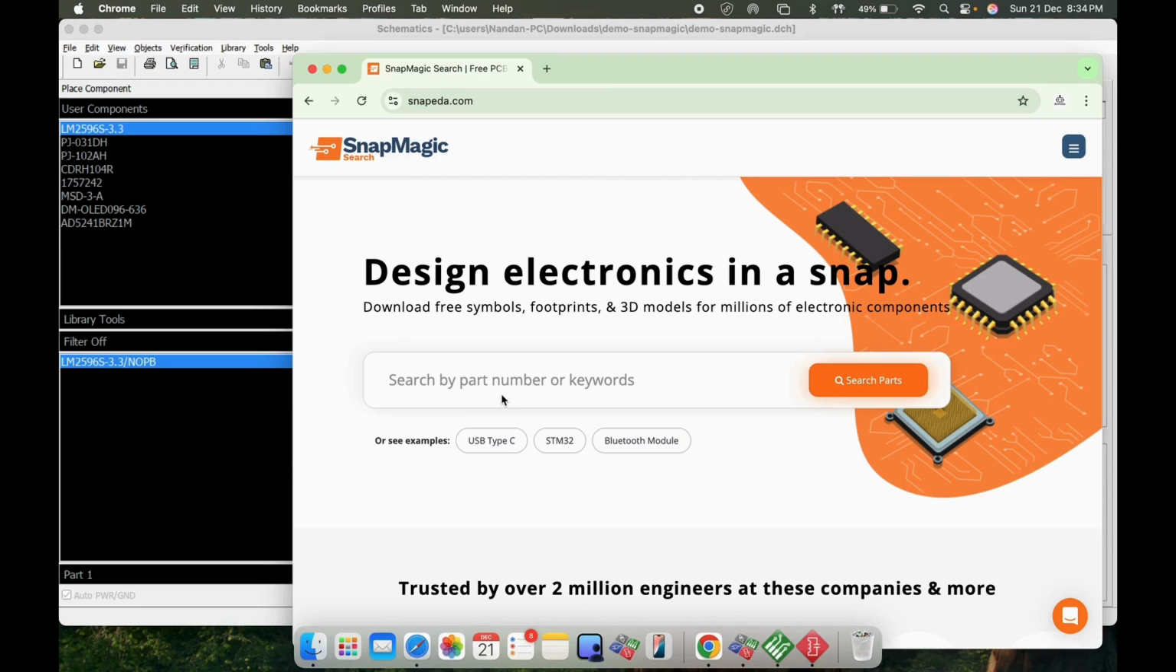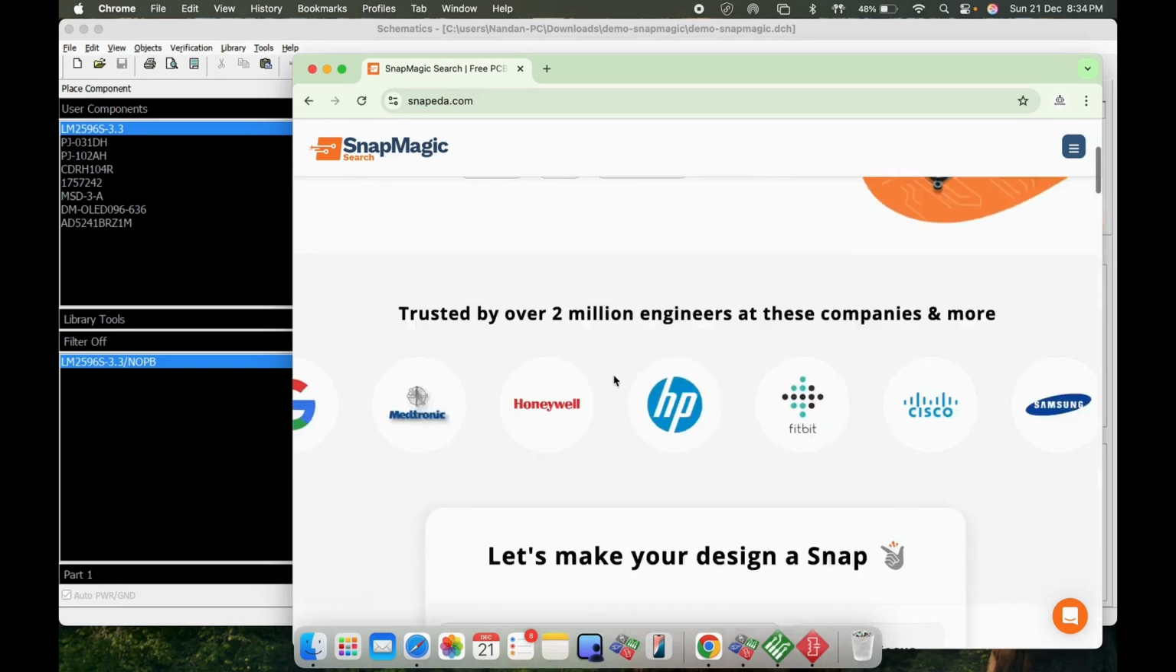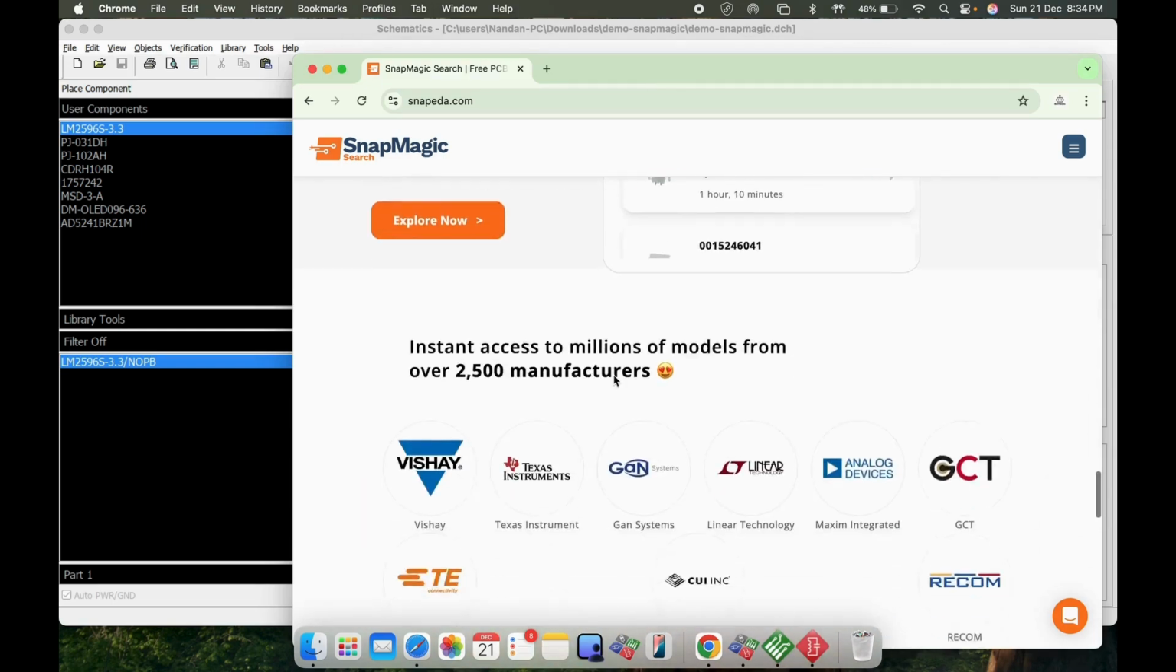I have used these libraries across multiple EDA tools like KiCad, Altium, Eagle, and Diptrace, and honestly, they have worked flawlessly every time. Also, a quick update: SnapEDA is now rebranded to SnapMagic. This is, as you can see on the website, where you go and download